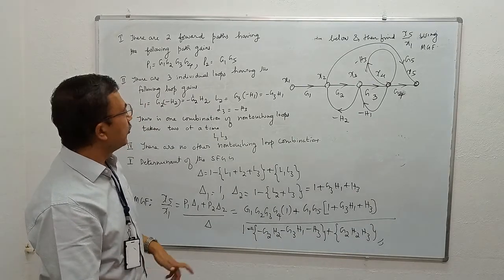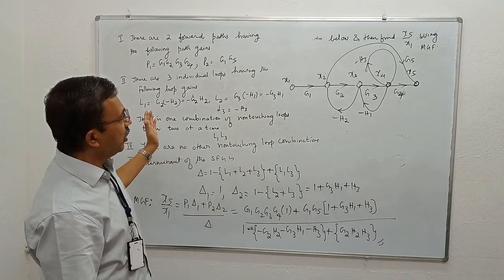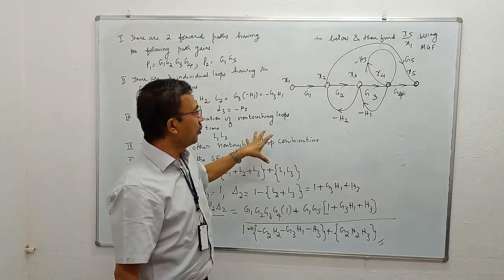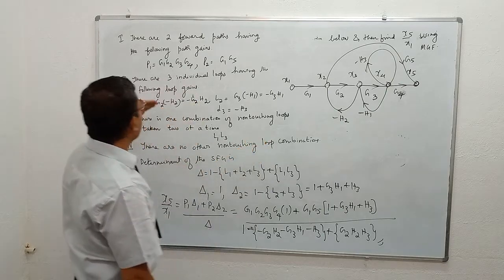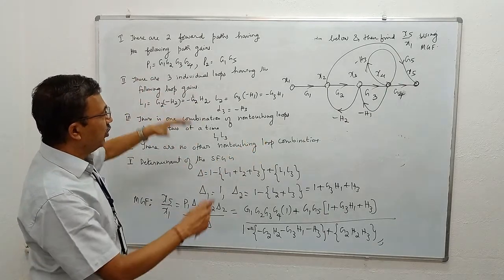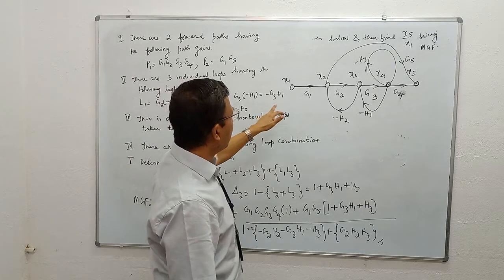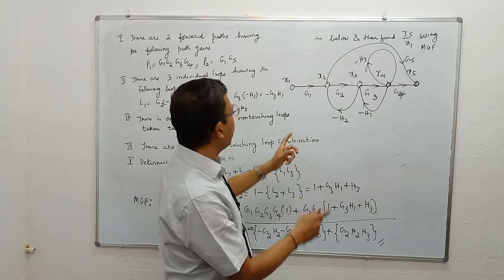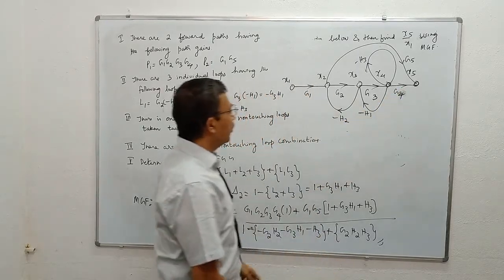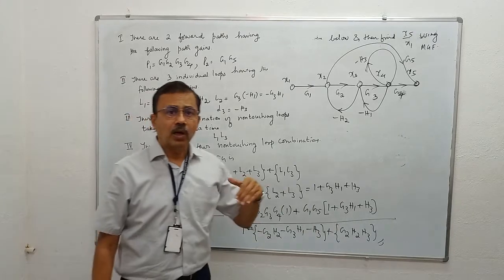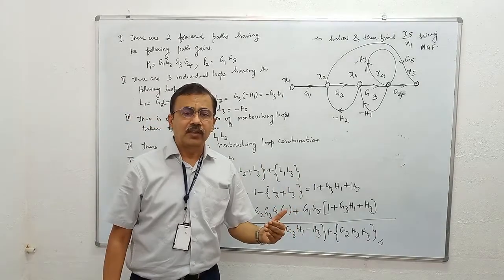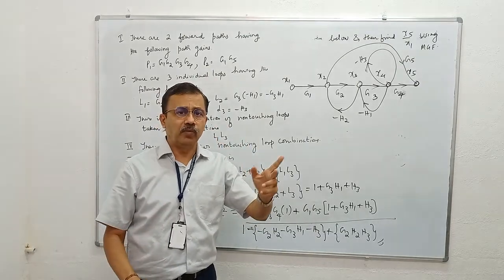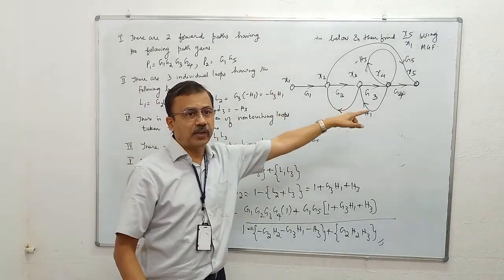Please go through this problem. First, we must learn how to convert the set of algebraic equations into a signal flow graph. Then we have to apply Mason's gain formula. See, we had a set of equations. In those equations, we have eliminated the variables x2, x3, x4, and we have found the connection between two variables, namely x1 and x5. So this problem explains to you how using Mason's gain formula we can reduce the variables and have an equation connecting only two variables, which in this case are x1 and x5.